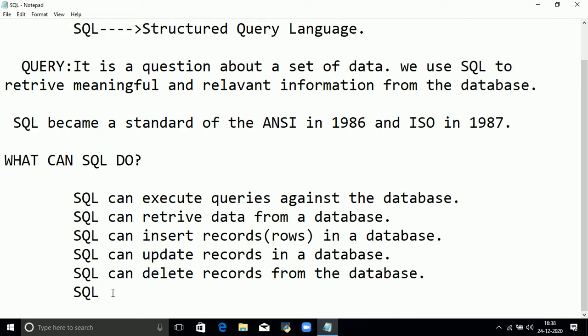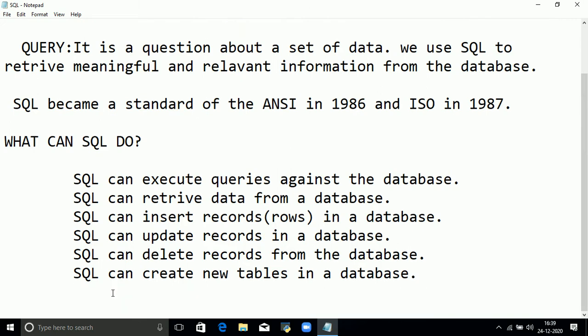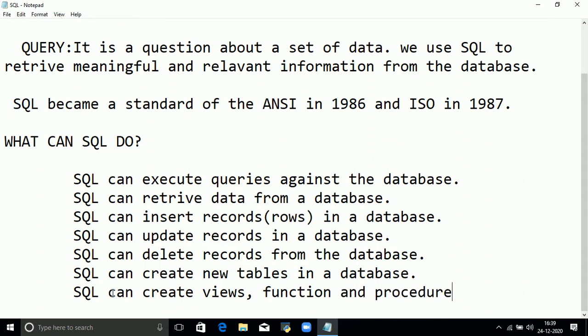SQL can create new tables in a database. SQL can create views, functions and procedures also.